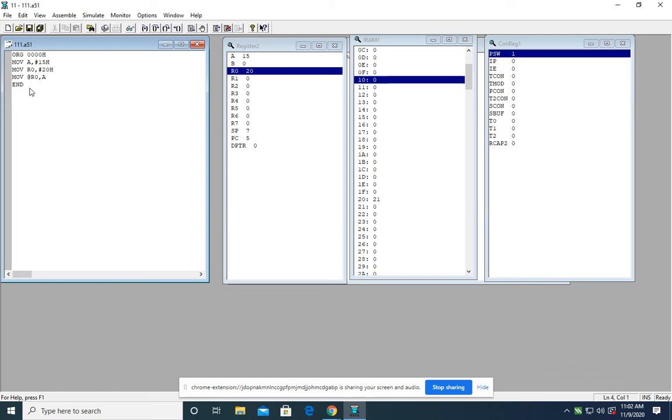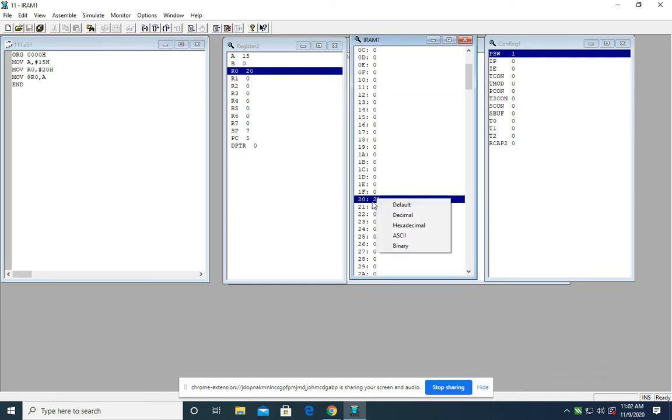You can see this particular 15H data is transferred to this particular 20H location. Okay, you can observe that this is again decimal value, so you can make it hexadecimal.